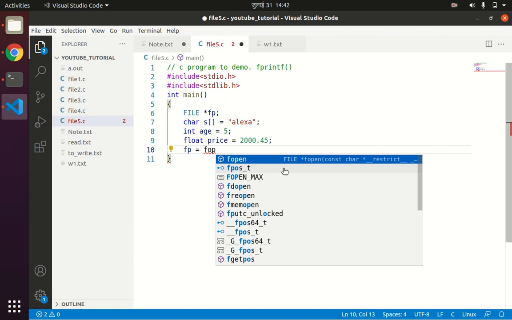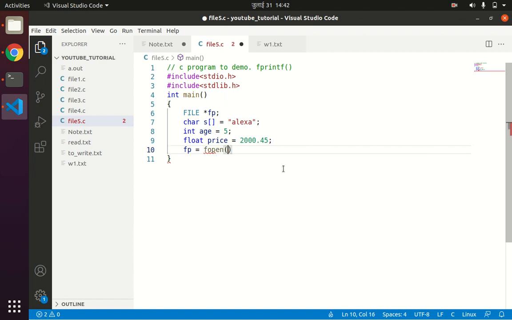So you have fopen w1.txt in write mode, and if fp double equals to NULL. So if the file already exists, then it will reopen the file and it will overwrite the content there. I already have a file here, w1.txt, so this operation will overwrite the content of the w1.txt file.